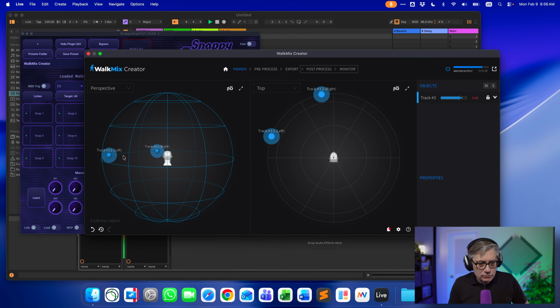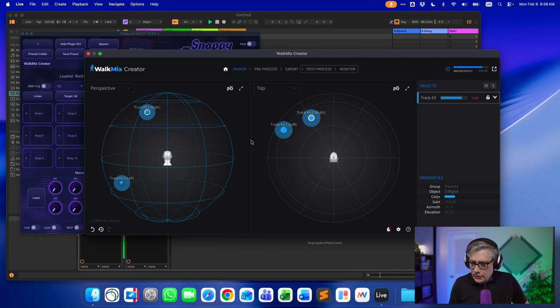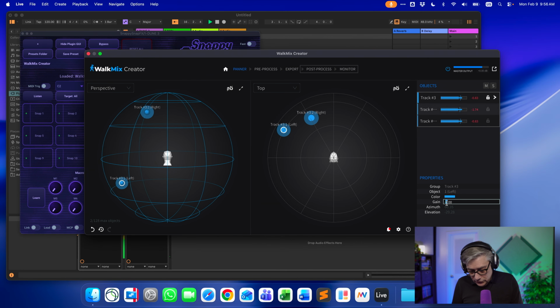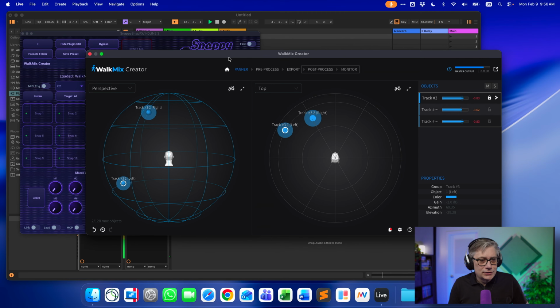So let's move that to the bottom. Let's move that maybe here to the top. And let's maybe have the left one a little softer. Let me just set that up here. So here, the left one, right? So let's go to -2. So that makes the left channel a little softer.